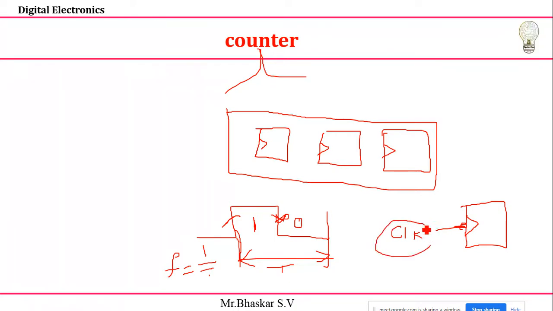You have a clock signal and I have many flip-flops. How am I going to connect them to my clock? That is a very important thing. With a synchronous clock, it is synchronous with respect to my clock signal. Whether you have taken the rising edge or falling edge, the entire action takes place in all the flip-flops with respect to my clock signal. That is very important.